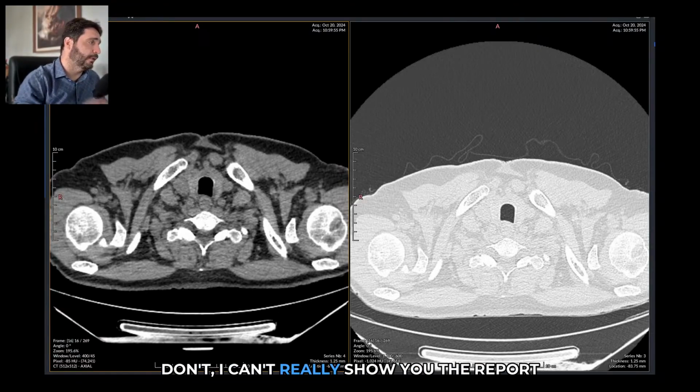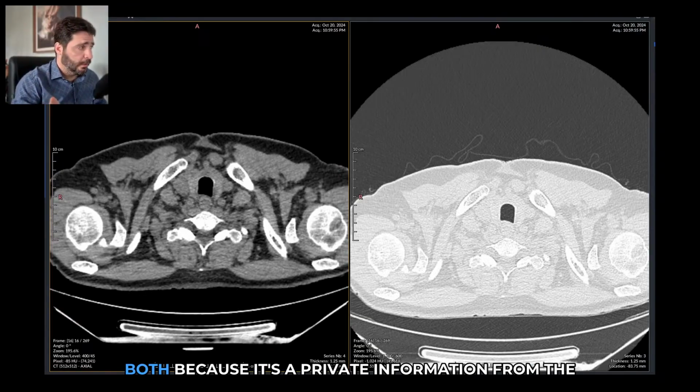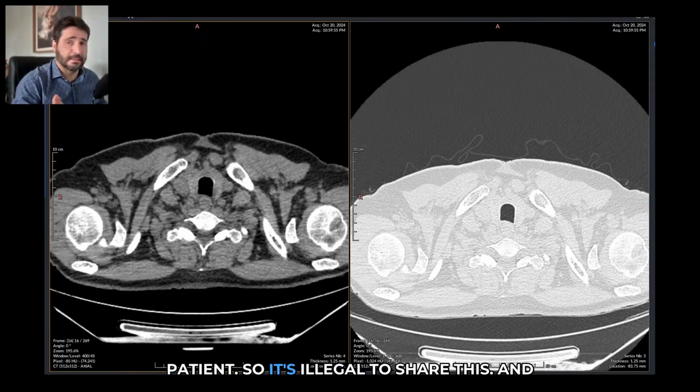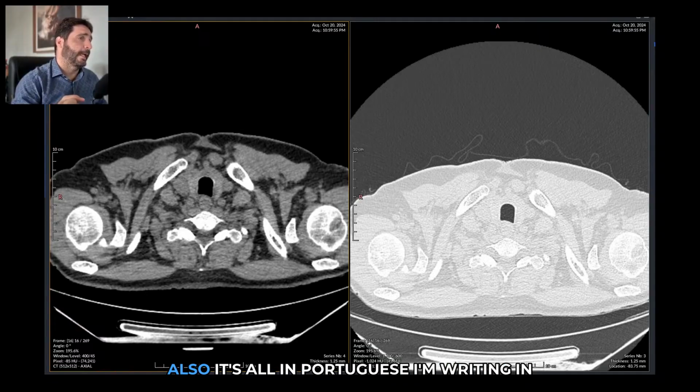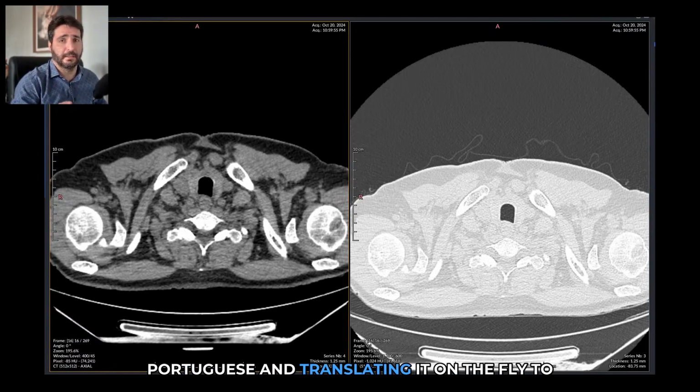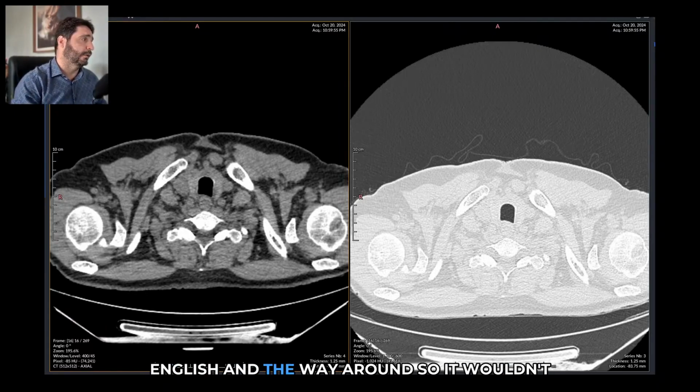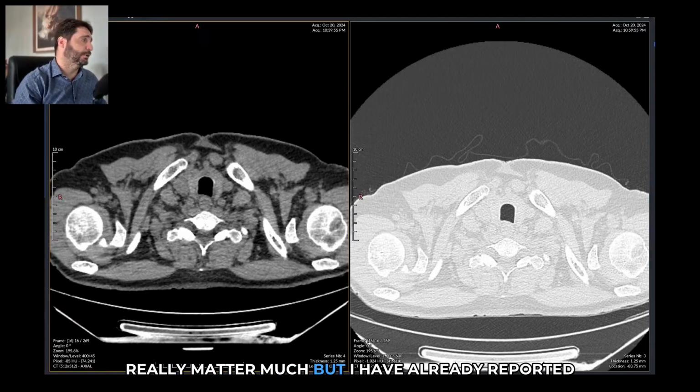I can't really show you the report, both because it's private information from the patient, so it's illegal to share this, and also it's all in Portuguese. Writing in Portuguese and translating it on the fly to English and the other way around, so it wouldn't really matter much, but